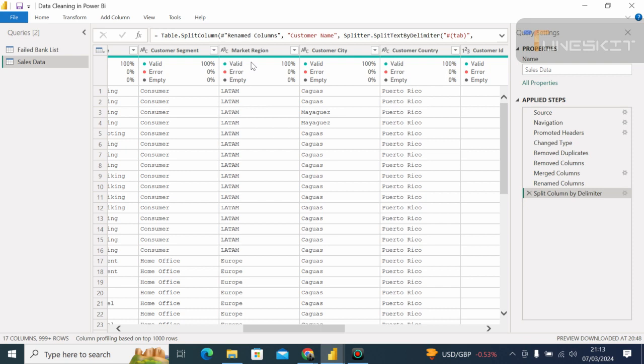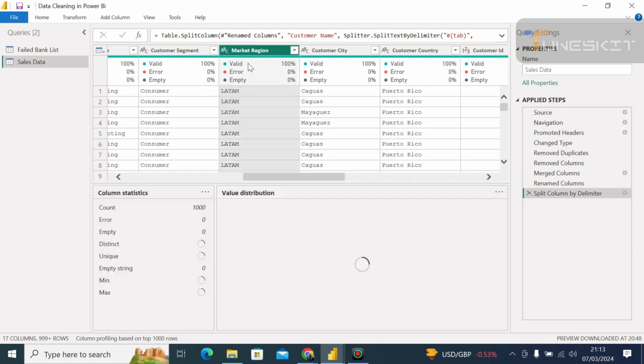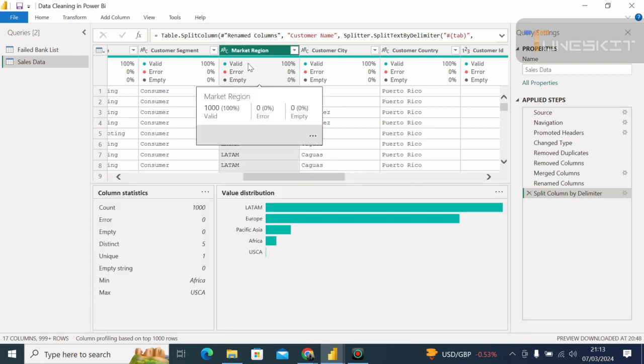So let's see how you can use proper and upper. So for instance, you might be having entries in your data, and maybe they are starting with small letters, others are starting with capital letters. So if you want them to be in the right form, maybe capitalizing each word could be the best option. So you simply come to and select the column